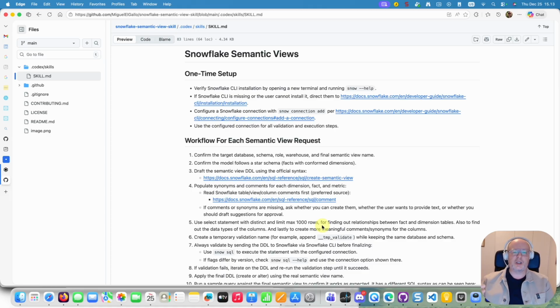So using the CLI, it can query the Snowflake database and get all that information. And also, of course, it can get all the metadata that you have put there as comments. So it's really nice to see